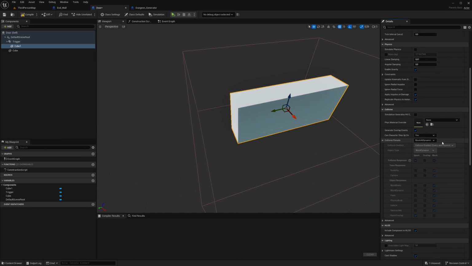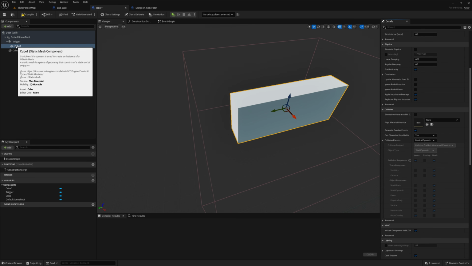You know, things like this. Make sure on every mesh in your actors that this is set up correctly. And I don't know what correctly is, you have to fiddle around with it.